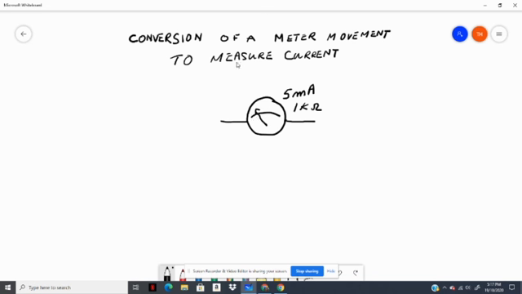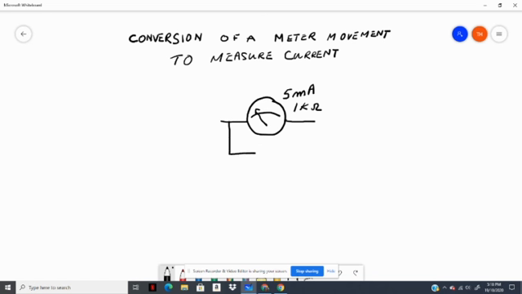Now, what we want to do is to be able to convert this 5 milliamp, 1 kilo ohm meter movement to measure a current of 10 amps. Okay, we want to measure 10 amps. Now, if we were to apply 10 amps directly to the meter, it would simply burn it out. So what we want to do, we want to